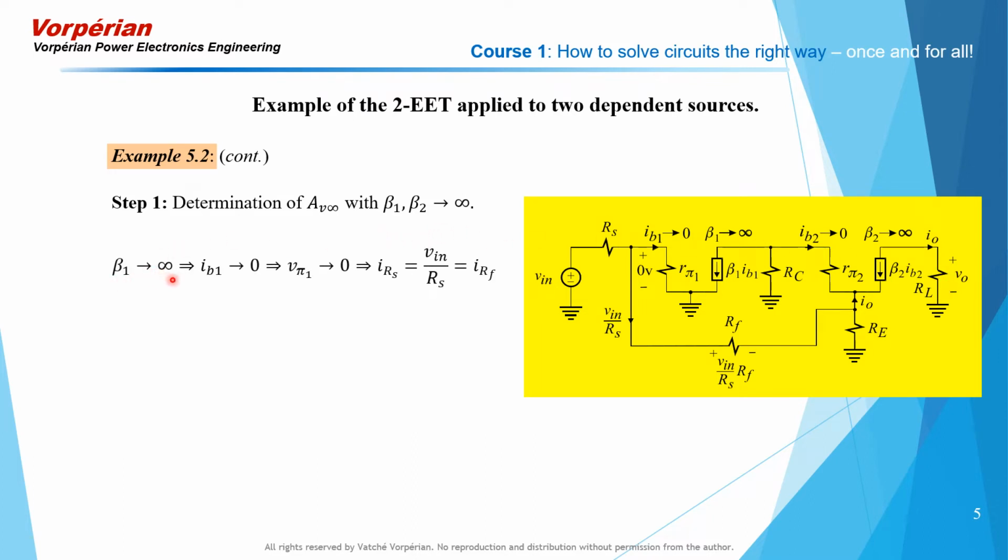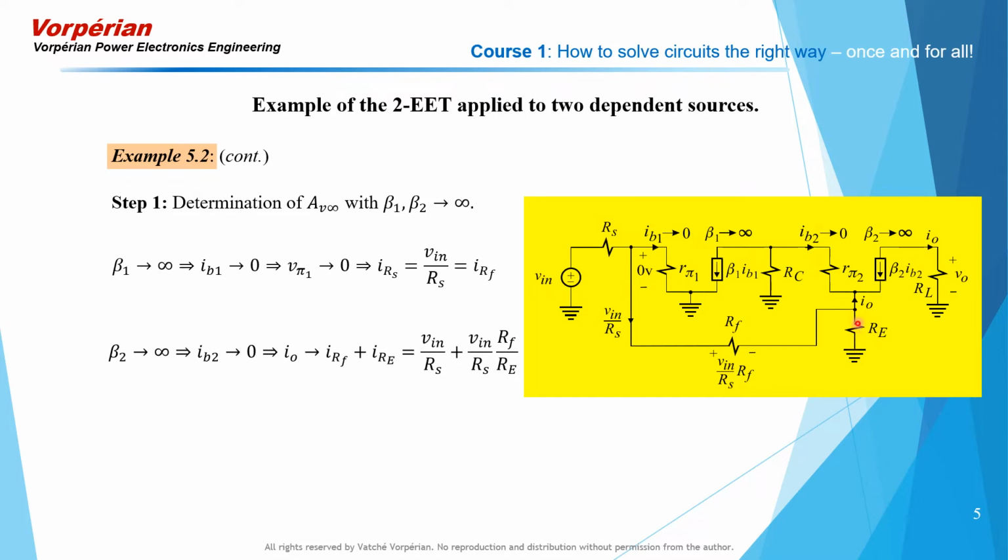Beta 1 infinity means IB1 equals 0, which means V pi 1 equals 0. That's the voltage across R pi 1. So the current through the source resistance RS, Vin over RS, is the same as the current through the feedback resistor. Now, with beta 2 infinity, the base current in the second transistor is 0, which means that the output current, or the collector current, is the one that's flowing in the emitter, which is given by the feedback current plus the current generated in the